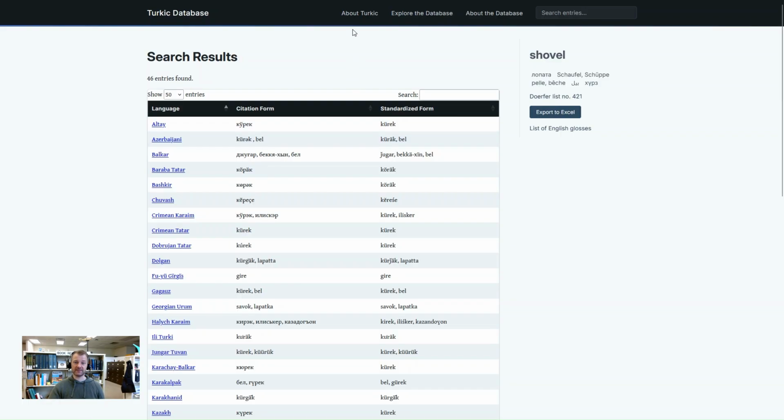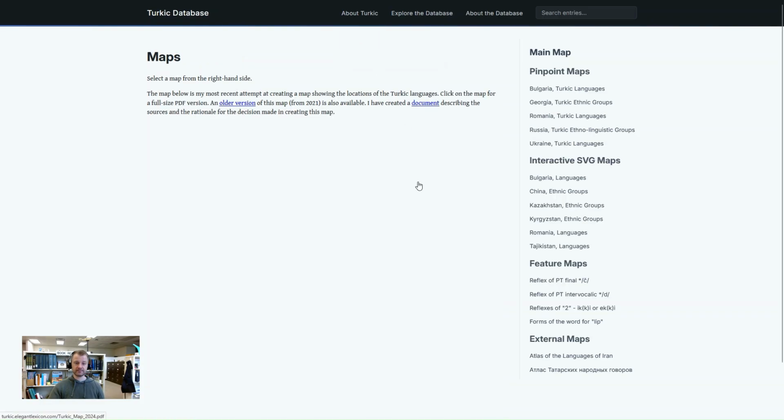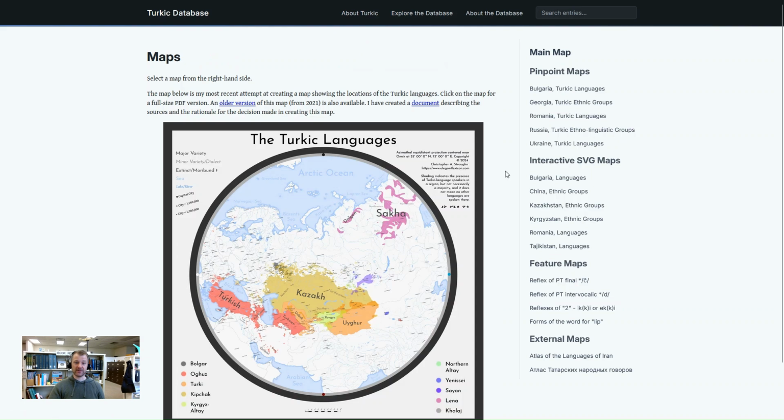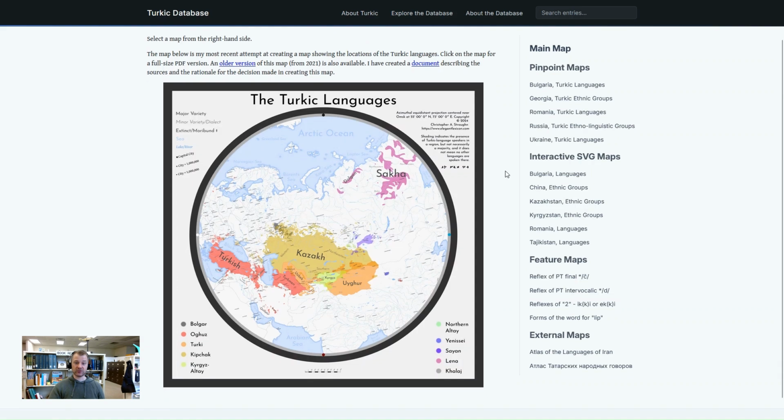Also in the search bar, we have these three different features. In the first, about Turkic, we have interesting information about maps and about the classification of these languages. Here in the maps page, we have a map that I created in 2024 that shows the locations of Turkic